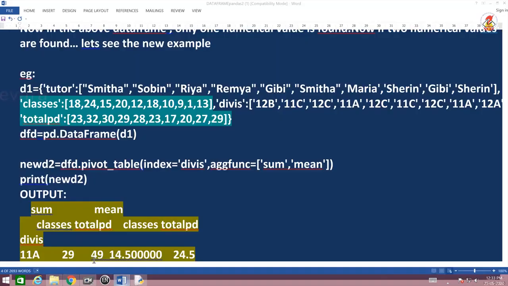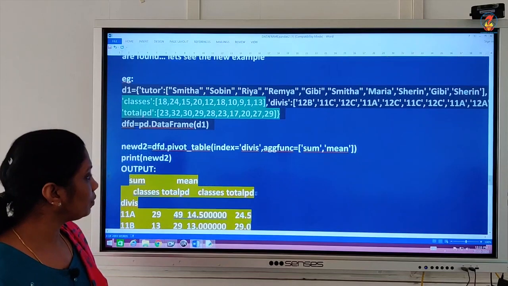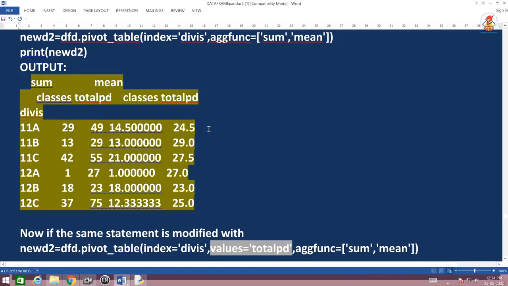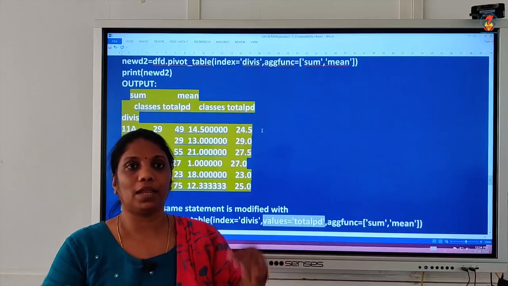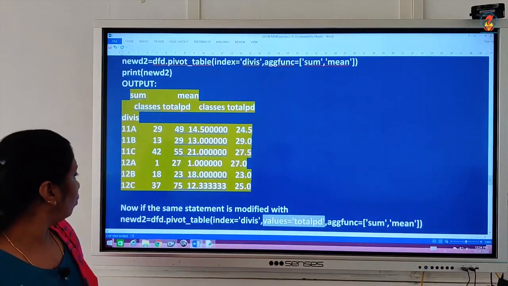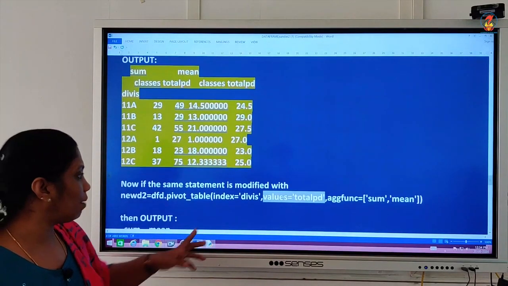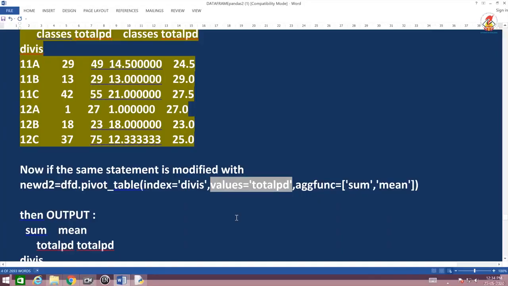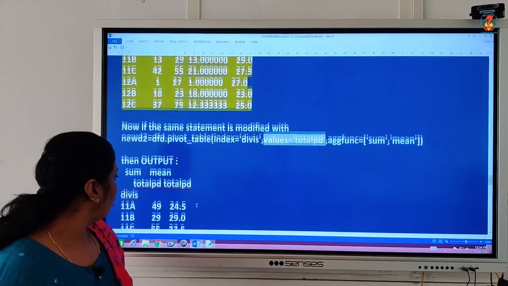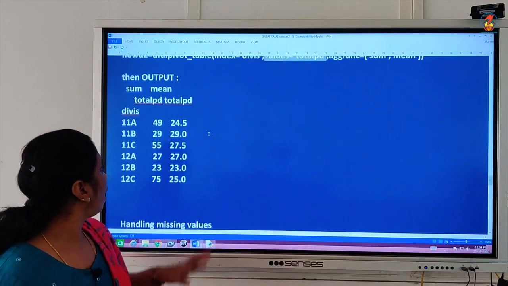And in the previous example which we discussed, I had incorporated sum and mean. So that means if you have two numerical values and you are not specifying which values aggregate should be taken, all the values answer will be displayed, okay. Now the statement I have modified. This time I have incorporated values equal to total PD. Since I have incorporated values equal to total PD, your classes column is ignored and you have the answer,